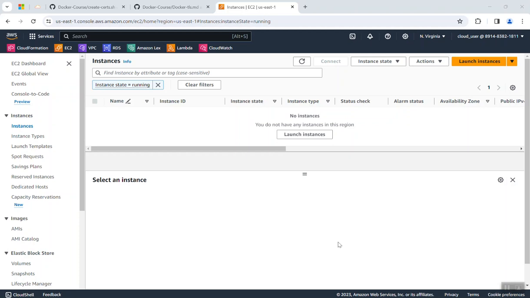Hello guys, in this video we are going to learn how to expose a Docker API in a Docker server and access this Docker related API from the remote client machine. In short, I'm going to install Docker on my EC2 instance, and in the next step I'm going to expose my Docker API, and then I'll perform these Docker